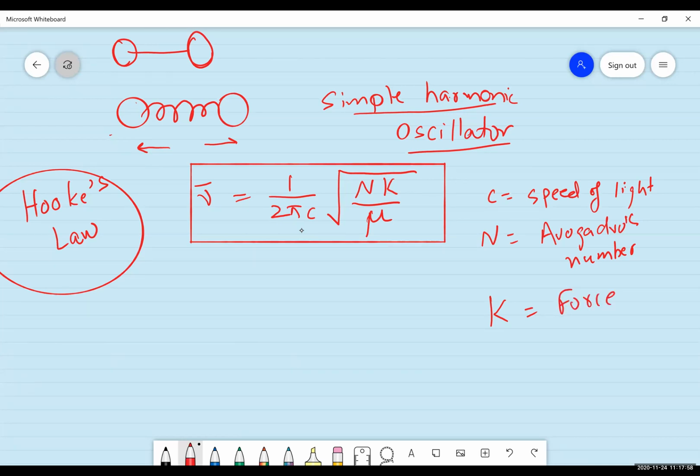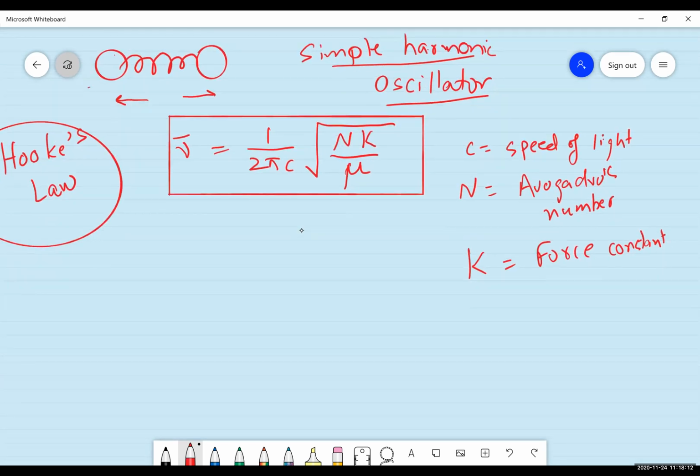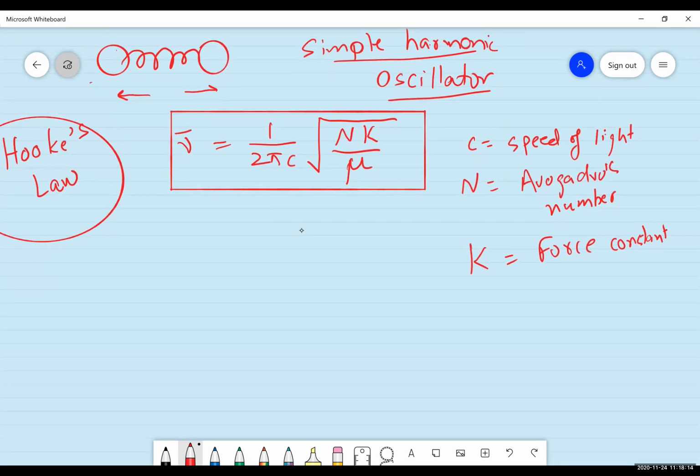That's also a constant. And force constant is proportional to the strength of the bond. And Hooke calculated that for a single bond, this value is equal to